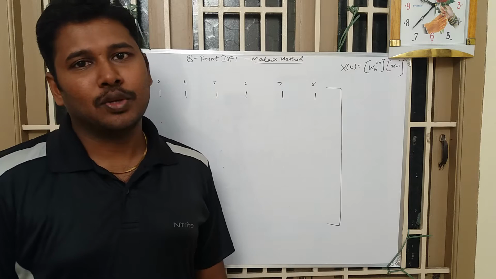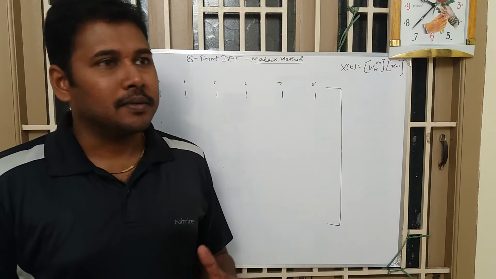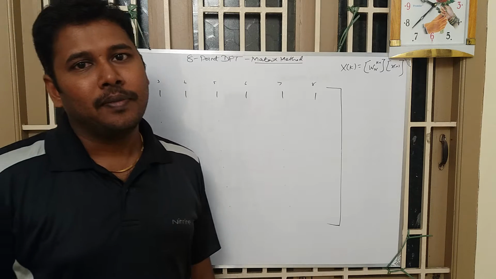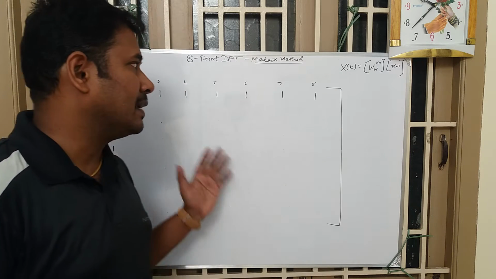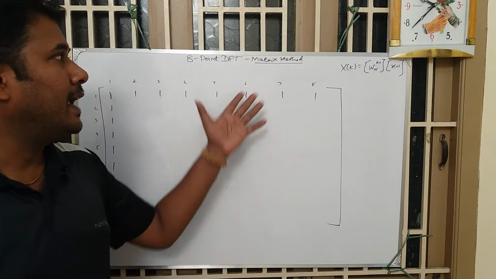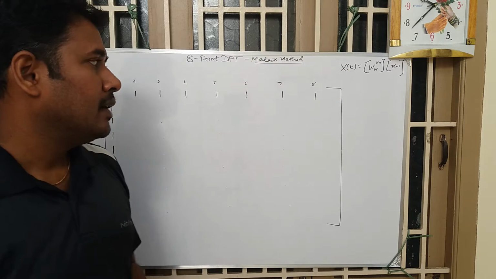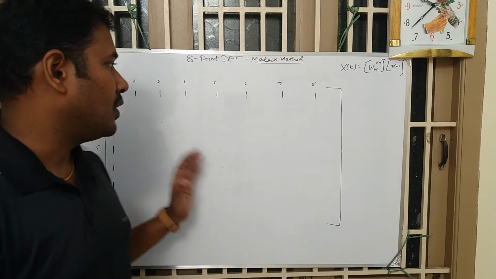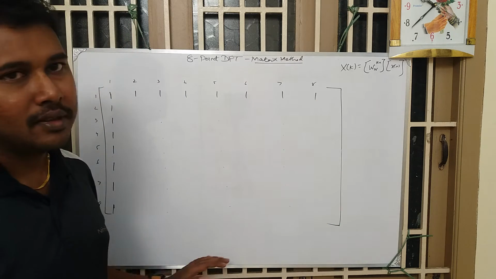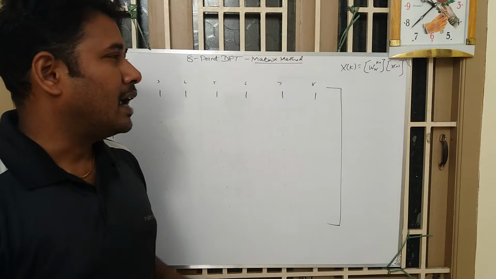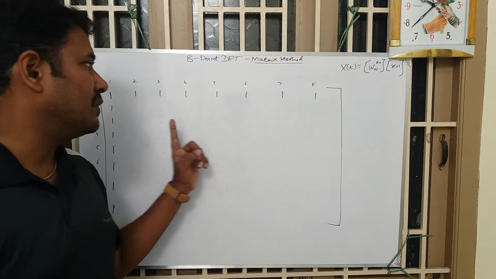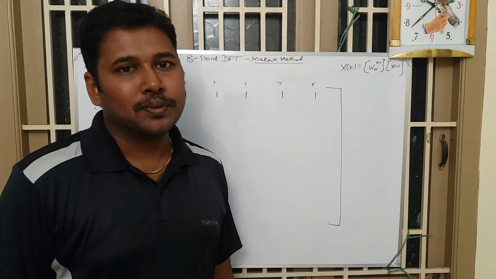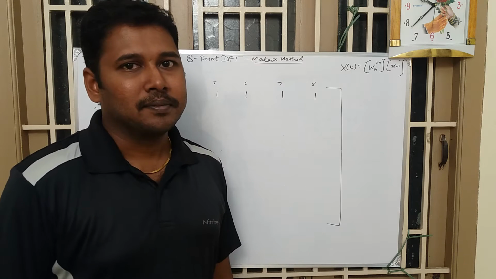You might have already seen my other video on how to remember the 4-point DFT matrix, and in this video I'm going to tell you a shortcut so that you can easily remember the values for the 8-point DFT matrix. Many of you will find it difficult to fill the table with all the 64 values. We do have a formula to calculate each and every value, but I'm going to tell you a shortcut so that it will be easy for you to save some time during the exam.